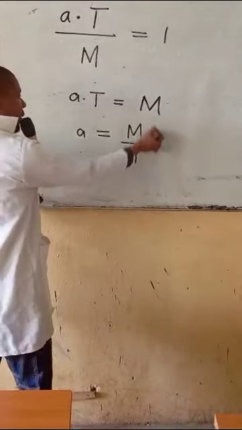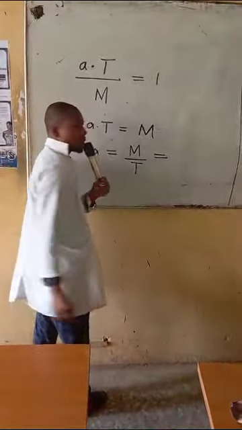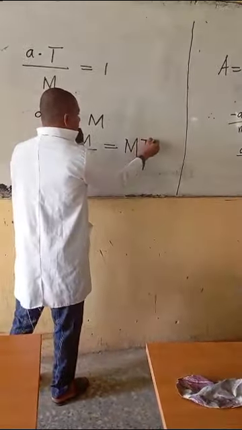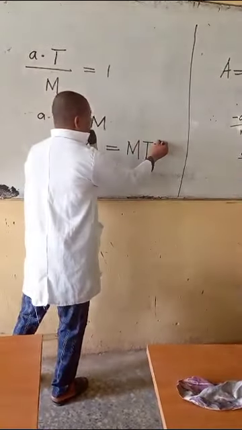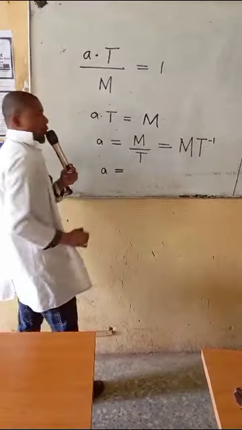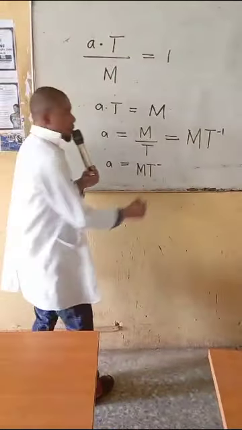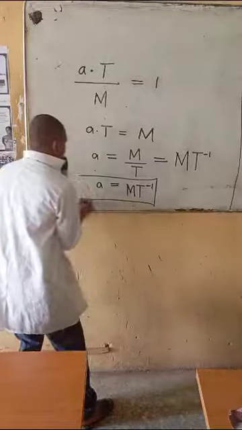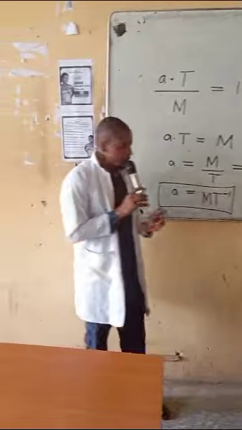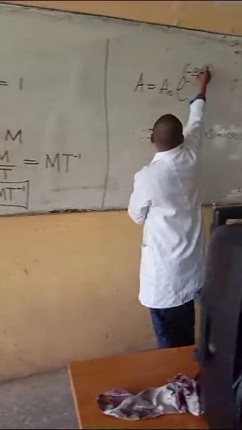If you want to take this to this side, I can now have my final answer: M to the power of 1 T raised to the power of minus 1. So the dimension of a is M T to the power of minus 1. This is the final answer I have. And if you want to do a check, if you carry this now as a and substitute here, you are going to have